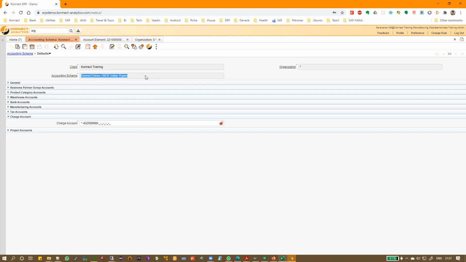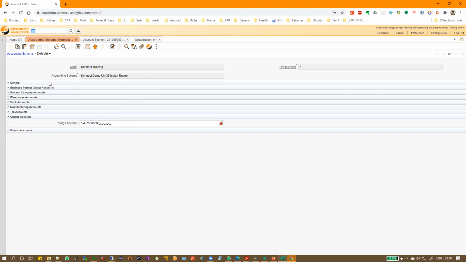You can take the same book of accounts by organization wise, which is equal to company, but you can have only one book of accounts. So if I want 4 different books of accounts, then you need to have 4 different clients. That means 4 different licenses. So that's what it means. That's what we say, books of account is client specific.